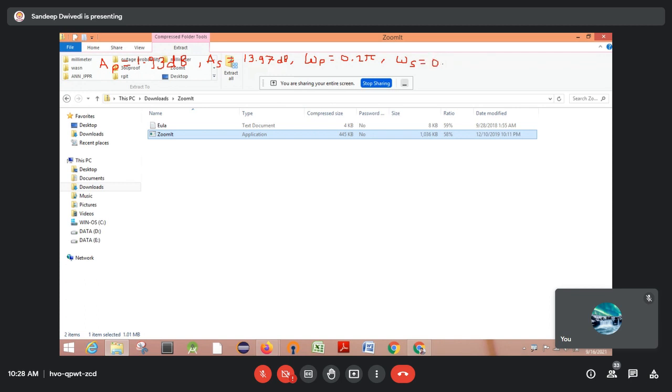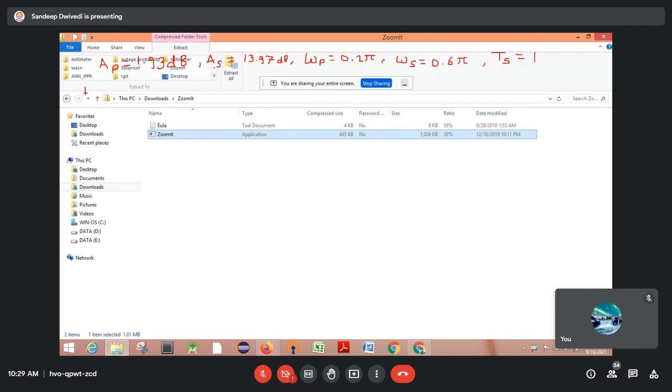So these specifications are given and you need to design this digital filter using the Butterworth filter approximation. Here the sampling time is not given, so you can keep TS as it is, or you can consider 1 second, so the calculation will be easier.